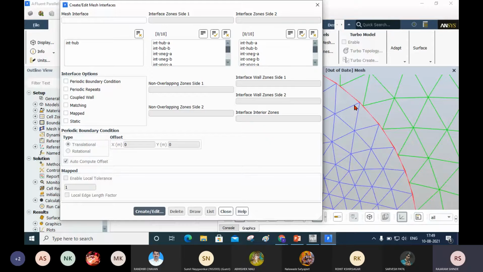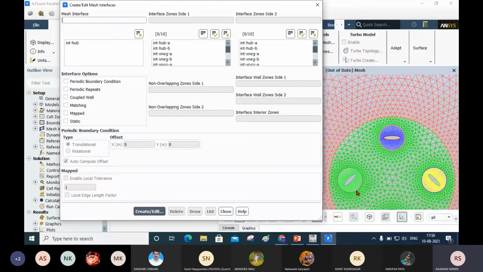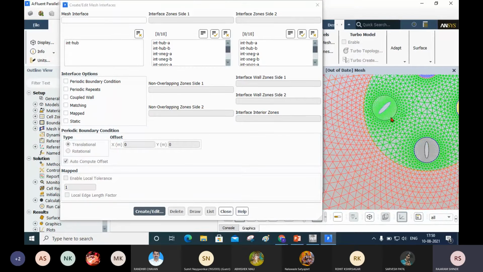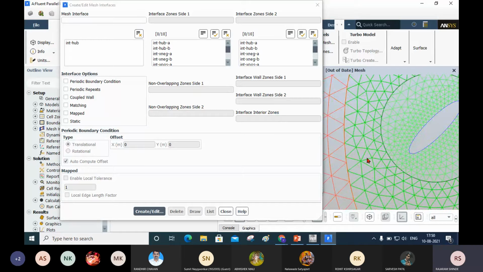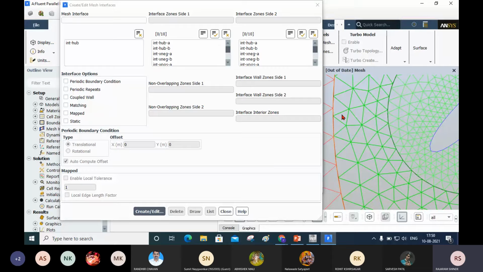Now mesh interface, suppose I will start one by one. It is from here. From here you can see, this is your x negative. X negative. You can see here also there is a mismatch between the nodes. Okay.